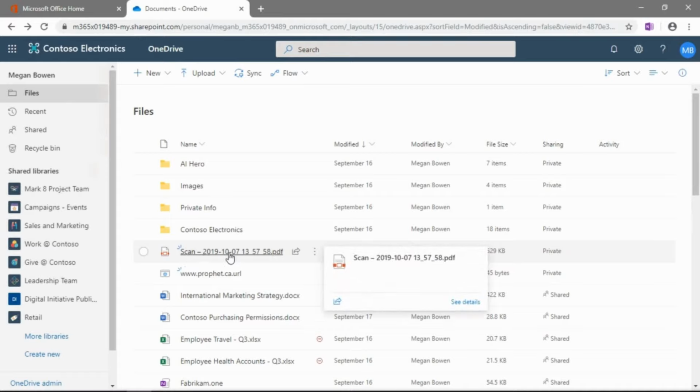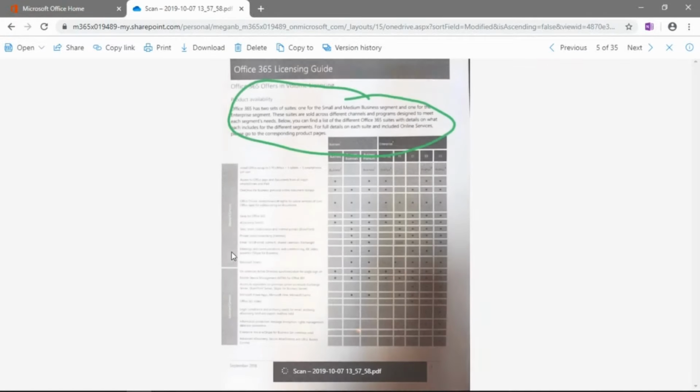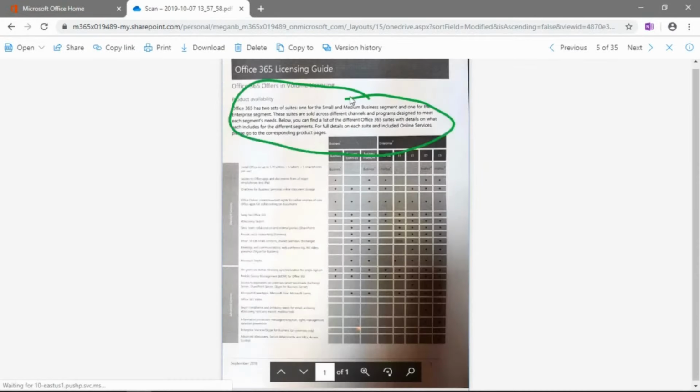It's going to date and timestamp that, and you can see these three little blue lines. That's meant to show us that this is a new item in our OneDrive. So we'll go ahead and open that scan. Again, it saves it as a PDF. It's going to save our sort of highlighting here with the green pen. And now you're off to the races and you can start working on the Office 365 licensing guide, and that